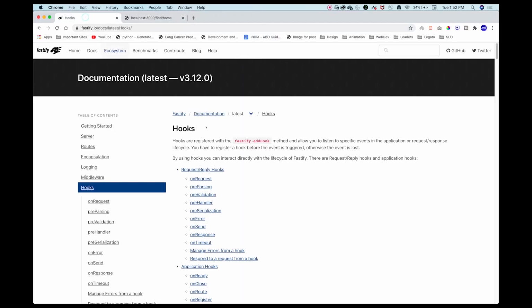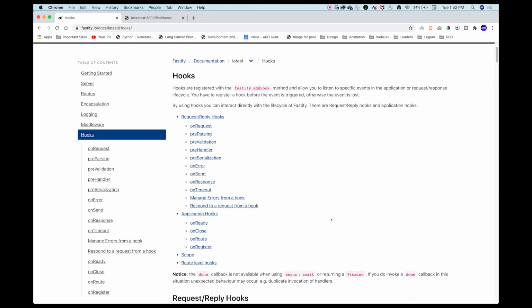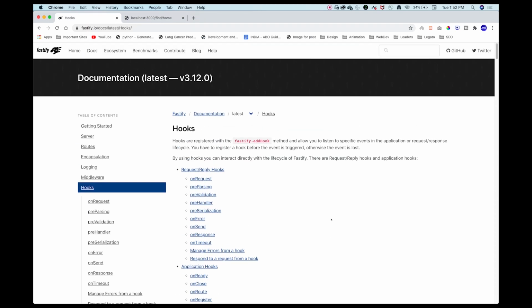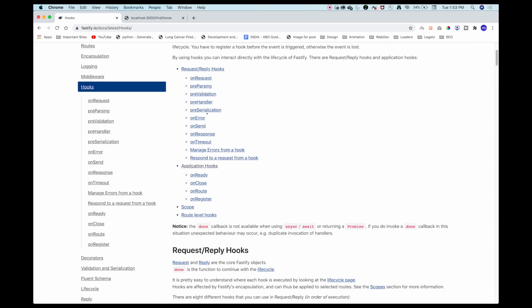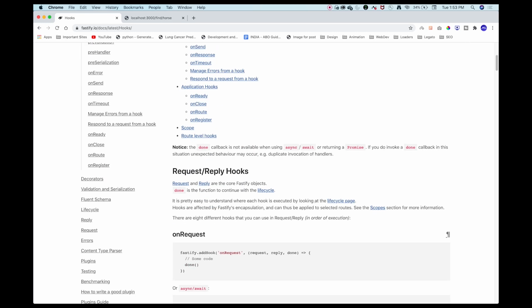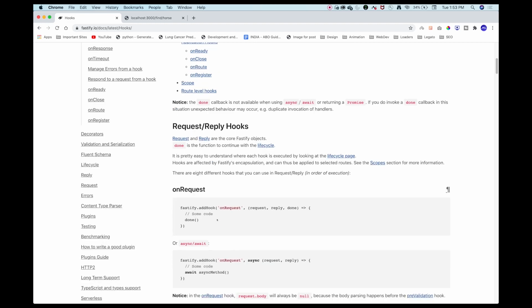So with this, we are wrapping up our crash course on Fastify, and I have explained most of the important topics with which you can flexibly create your own Fastify backend server, and you can start working on backend programming using Fastify. If you want to learn more deeply about Fastify, then now it will be easy for you to just read the documentation and apply the methods which are described in the documentation.